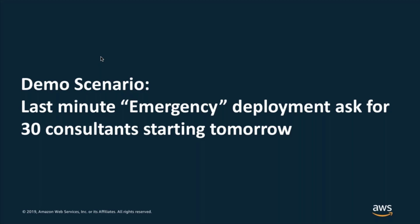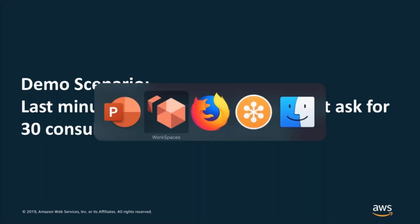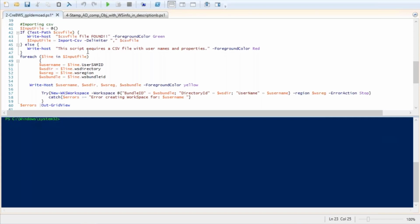And so with that, let's talk about a demonstration scenario. Most of the time in that conversation, it would be a back and forth saying, well, I'll see what I can do, and obviously what strings you can pull. With Workspaces, again, at any time, anywhere access, being able to do it simply in whatever region. Let's highlight that fact. And so what I'm going to do is show the power of the AWS API for